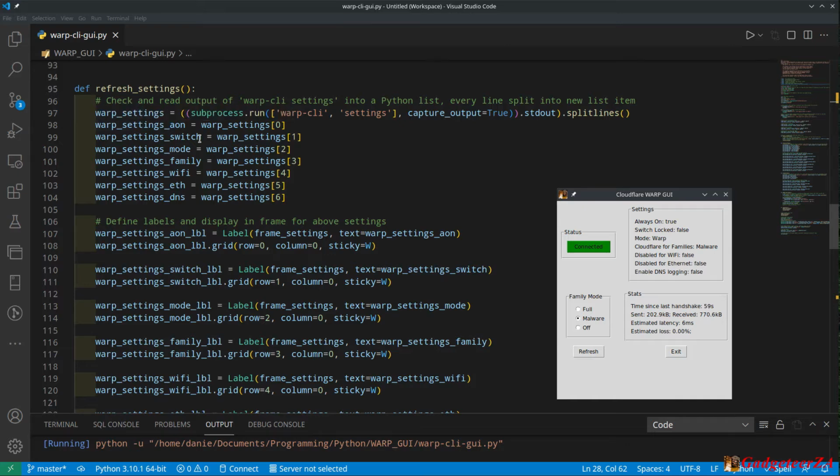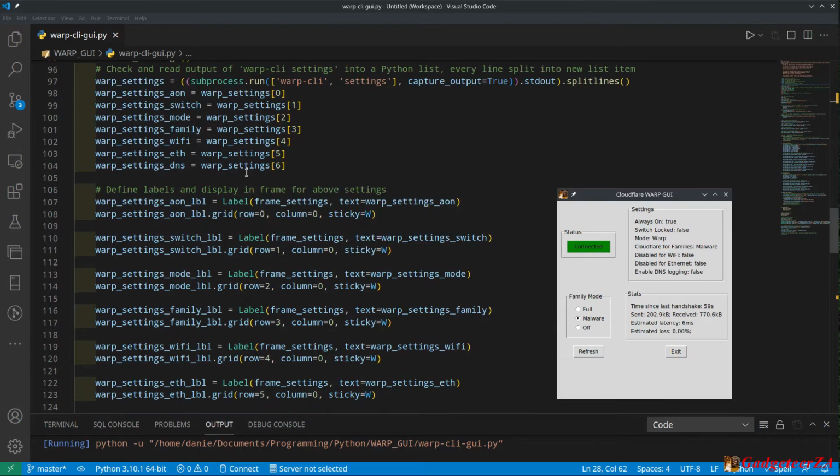And I've basically set those to some variables here. And the next part of this command really is now that it's captured and read it back from the command, it's creating a label, and it is then displaying it at this location inside the frame over there. So you can obviously change the sort order and things here if you wanted to.